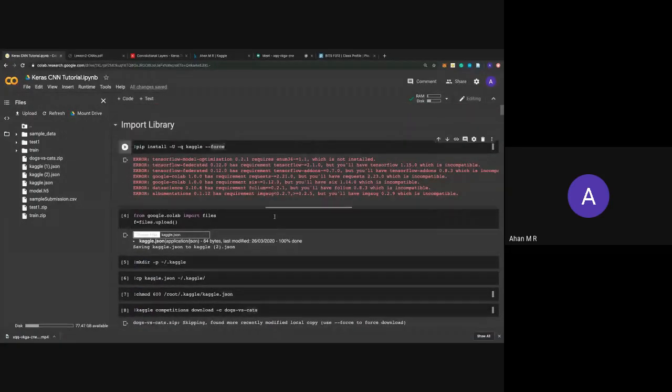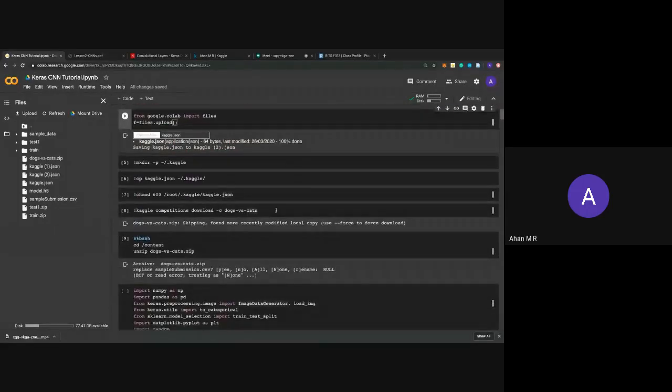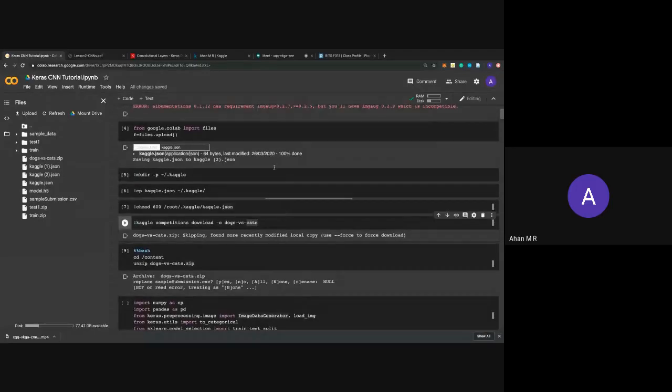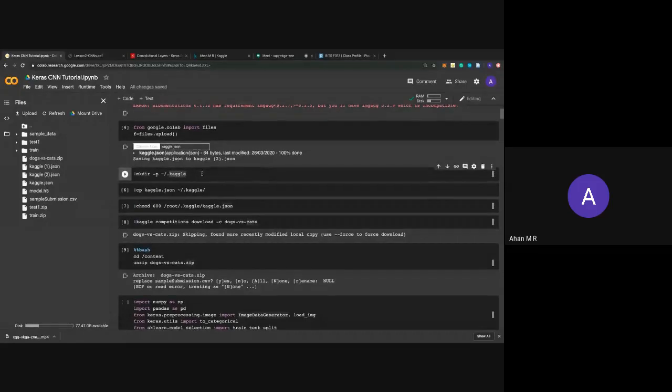Particularly in which line did you have the problem, in the sense, like the Kaggle competition, this one, right? So I just ask you once more, is your Kaggle JSON called Kaggle1.json or Kaggle2.json? The name of the file should be Kaggle.json because it recognizes that for this particular notebook. So if you have a different name, or if you've downloaded the JSON twice or something, you might end up having this error.